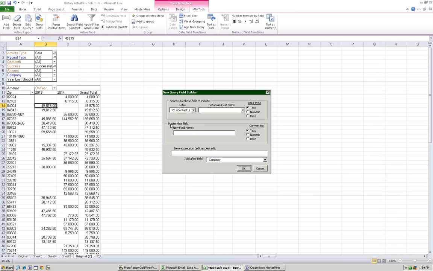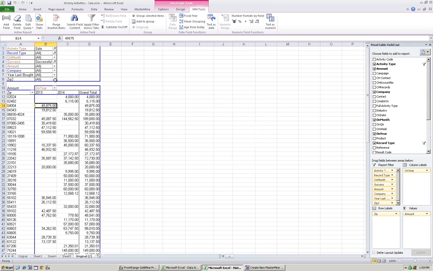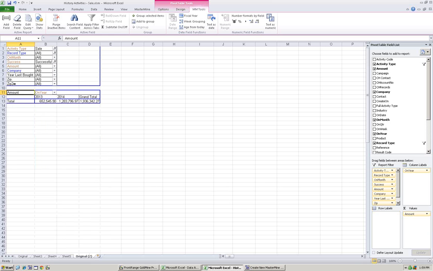Let's say we add the field, and rather than pulling the entire zip code, you might do something like this. I'm going to name it zip2, and I'm going to apply an expression here that just says, give me the leftmost 2 characters of the. You need to know a little bit of SQL syntax to do that, but that gives me the leftmost 2 characters of the zip field as a field that I can work with, and that would allow me very easily to go in and say, all right, not only do I have